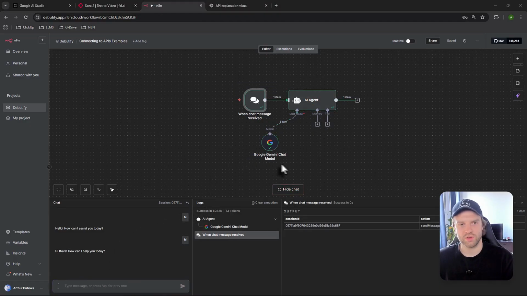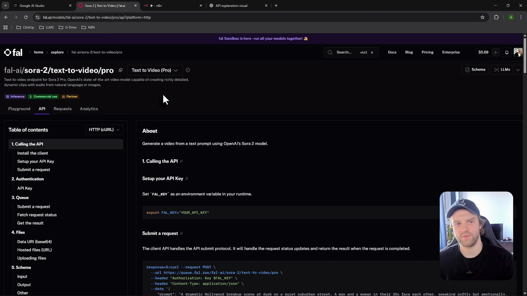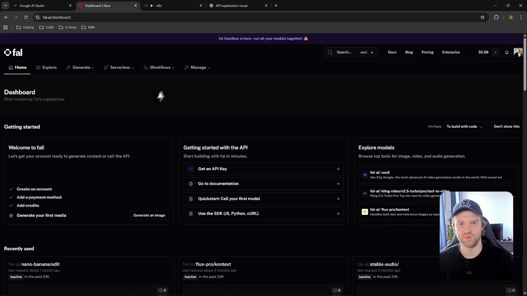All right, and now let's do the last one, which is a bit more complex, especially if you're a beginner. This is going to be a custom API request. For that, we're going to be using the fal.ai platform. Again, fal is essentially a marketplace for APIs. So we have Veo 3, we have Sora, we have Hailuo, we have Minimax, and essentially any content generation model that's